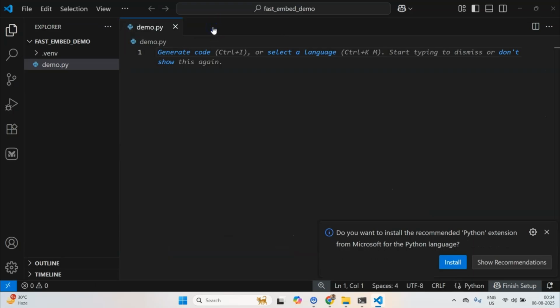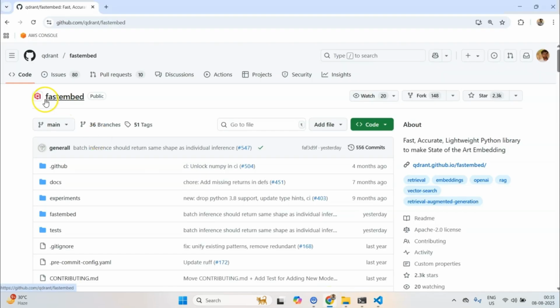Now let me briefly talk about why FastEmbed is nice. As the name itself suggests, FastEmbed is fast. And why it is fast? It is specifically useful for those people who have low budget computers and they can't install PyTorch and those high-end packages, because installing PyTorch requires, first of all, PyTorch kind of works better with GPU, although they have CPU support that is slow. But if you install PyTorch or software like TensorFlow, it will install GBs of packages,